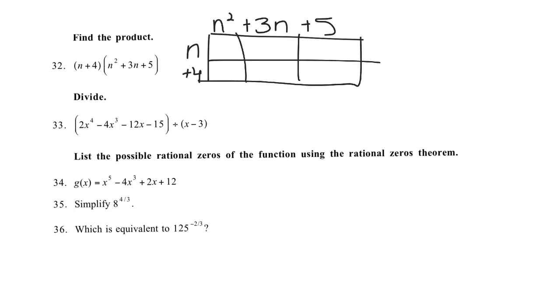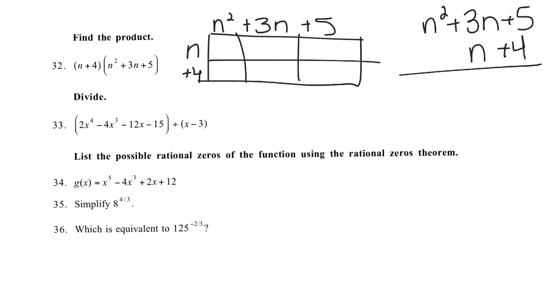And then we'd multiply. I like to use our algorithm where we place them on top of each other. And they multiply everything by 4. So 4 times 5 is 20, positive 20. 4 times 3n is 12n, positive again. 4 times n squared